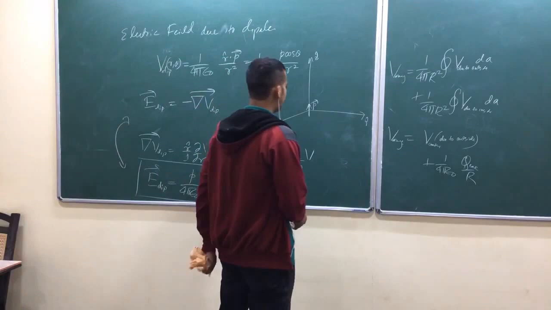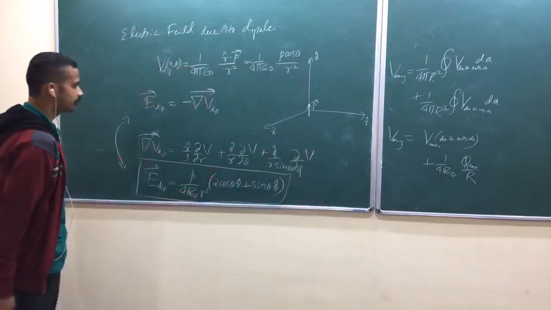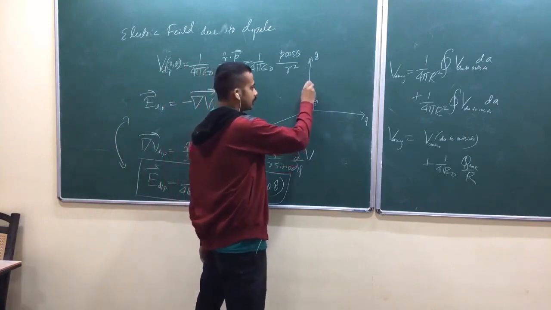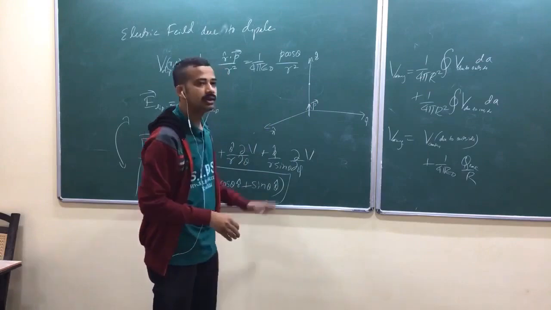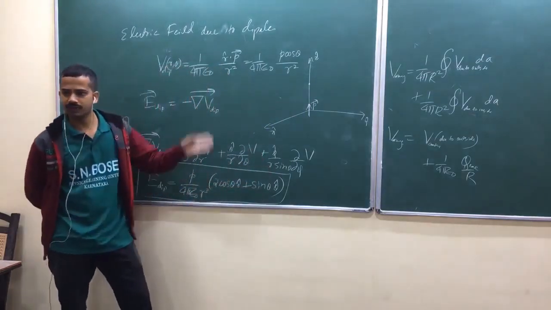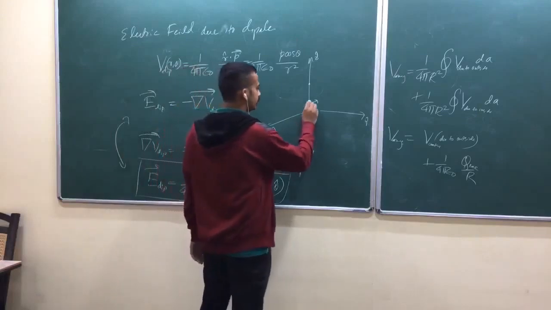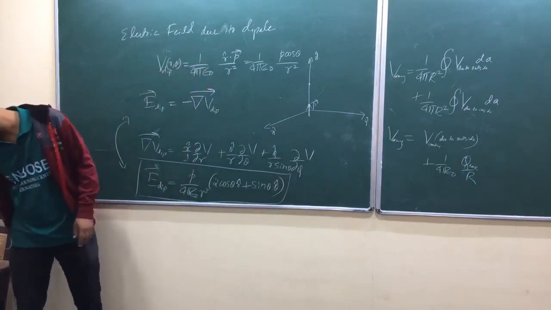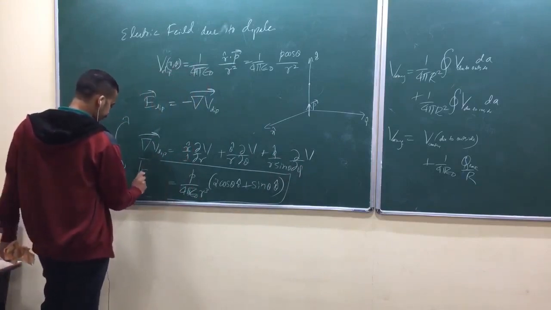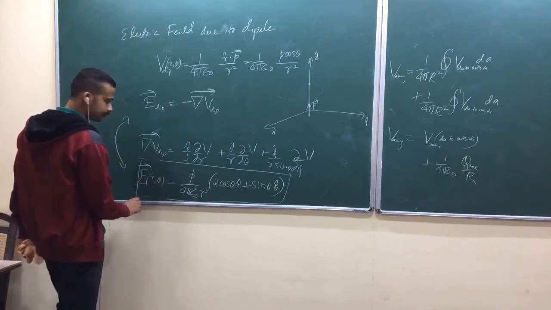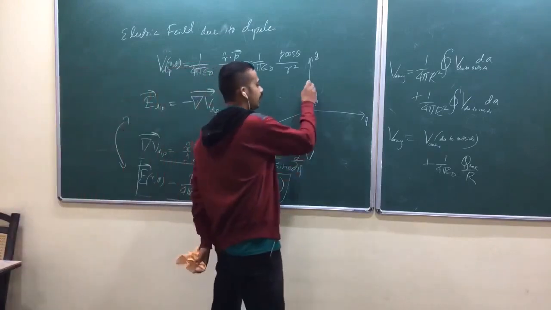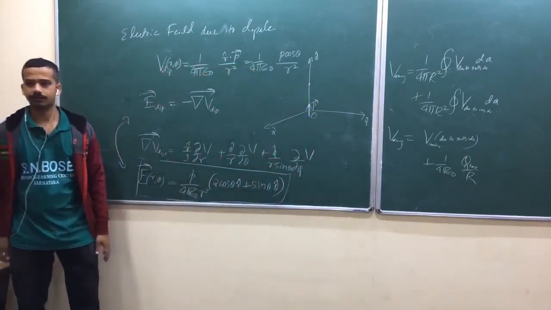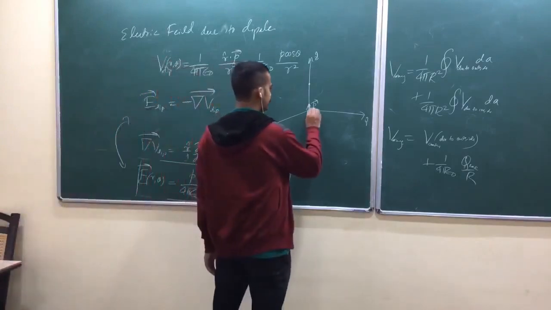Now, I hope I told you how to imagine that r cap and theta cap. Now look at here. Suppose you are on the z axis, suppose I have a dipole here. If you are on the z axis, concentrate carefully, your theta equals 0. On the z axis, your r is this one. So what is this E dipole? E dipole r comma theta, you have to write like this. If I am on the z axis from the origin, that means my theta equals 0. Theta is measured with respect to the z axis. Am I right? So now the position vector is this one.